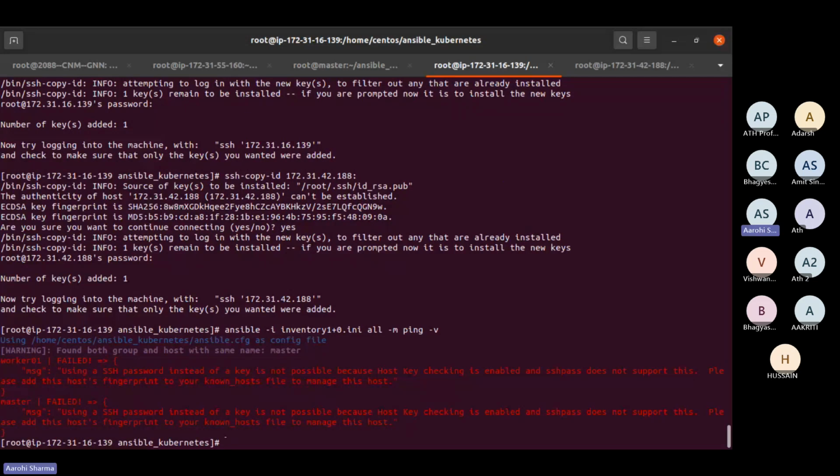Using a password instead of a key is not possible. Host key checking is enabled. Just give me a moment and add the host fingerprint.